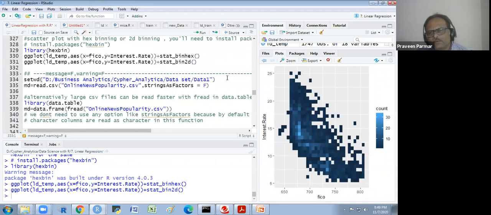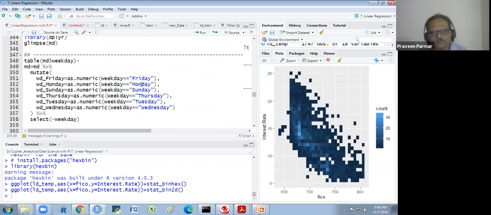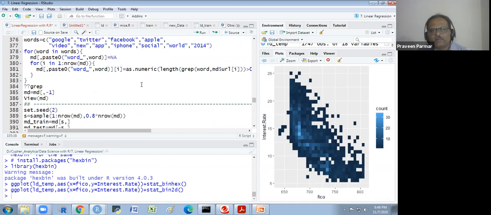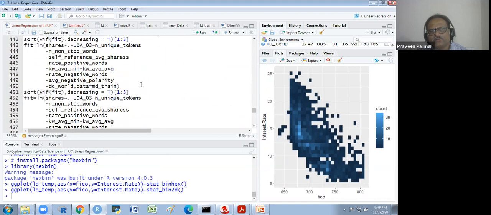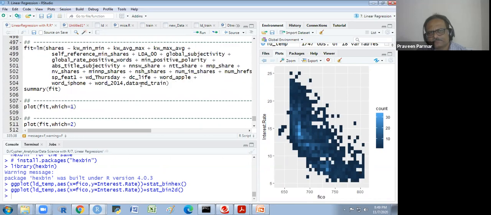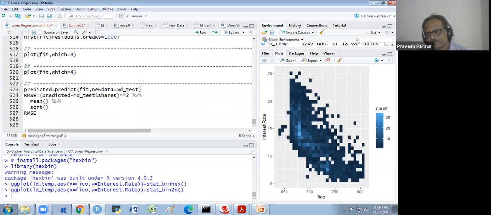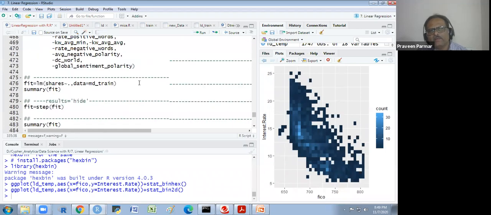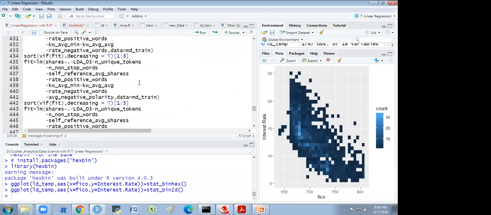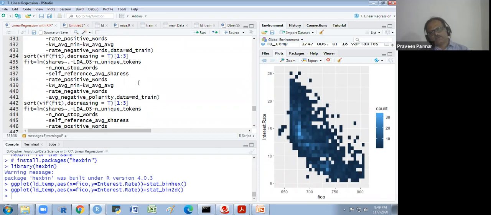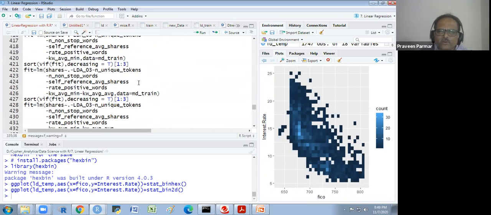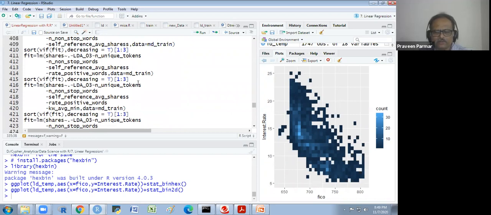And I will tell you one more thing I want to explain: I have one more data set we are using, online popularity.csv. Okay, for this data set I have given all the data manipulation, every task, here. You just have to run it and understand this. All the code is there. If you want to add something, you could add on it. This is another exercise, another data set, where you have to do the linear regression model. One more I have given here, but it is for you. Okay, you have to perform it. I have written all the code.